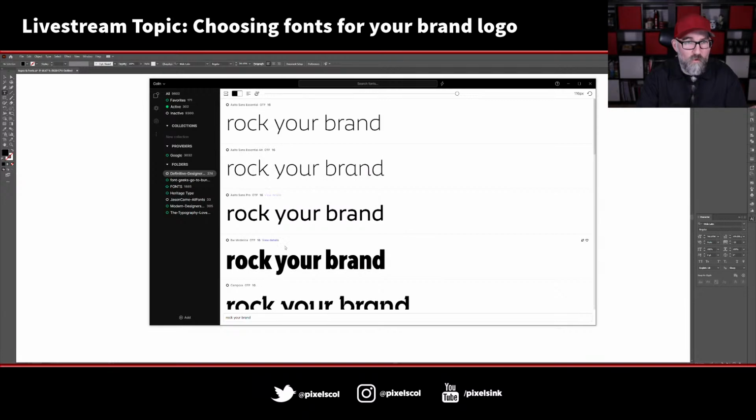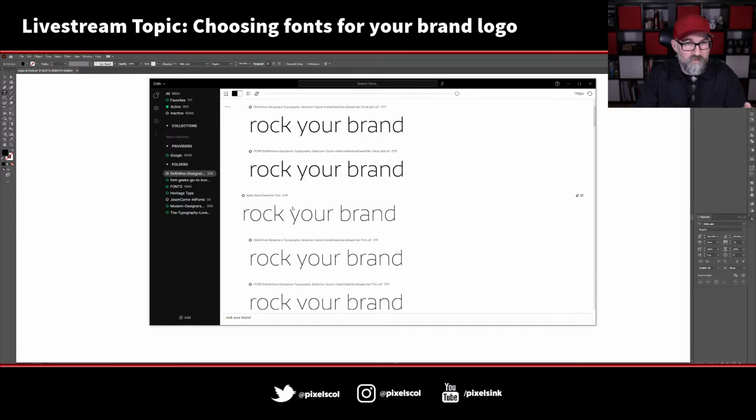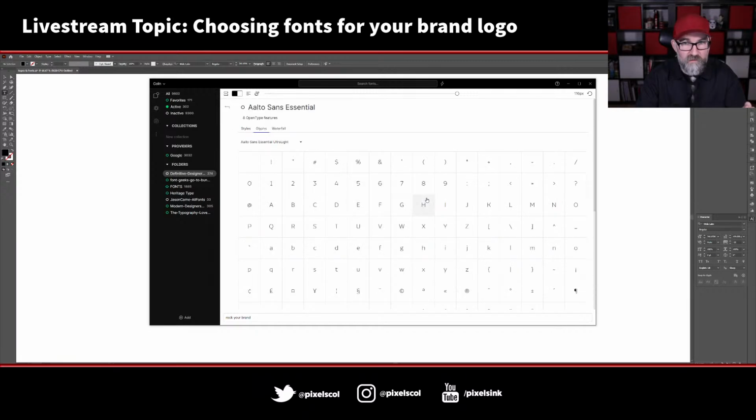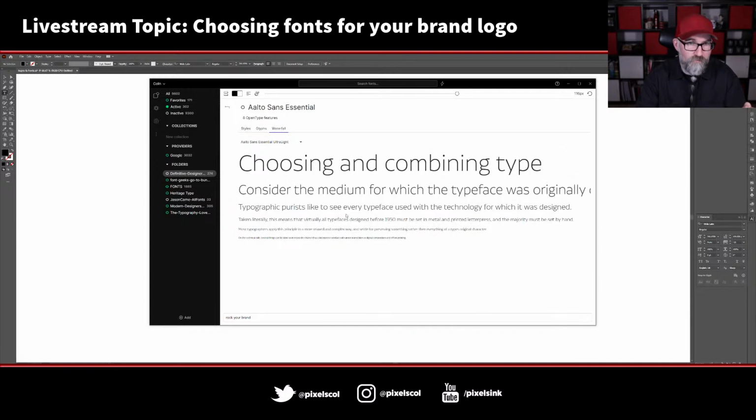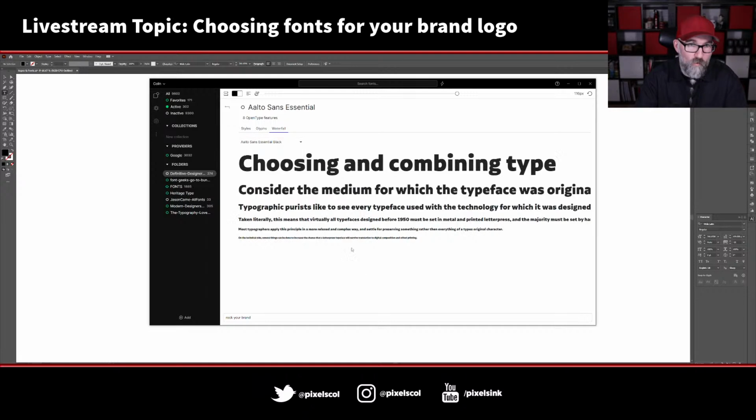You can go into each one, and it tells you how many different fonts there are inside the typeface. If I go and view details, here's all the fonts in there, and it will show you all of the glyphs, so I can see what all the glyphs are that I'll get, and it has a waterfall as well. That's really useful for letting you see whether it is going to be a good choice if you're thinking of using it for body copy, for paragraphs of text, and you can see whether it's going to work. And I can flick through all the different weights and see how they all will look.